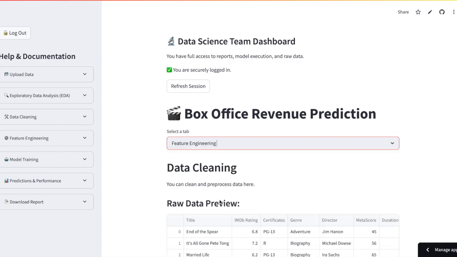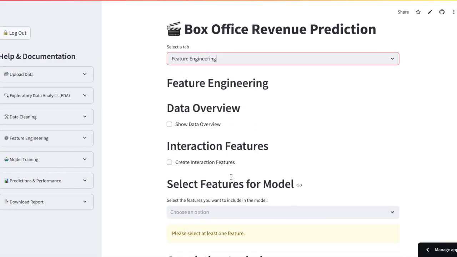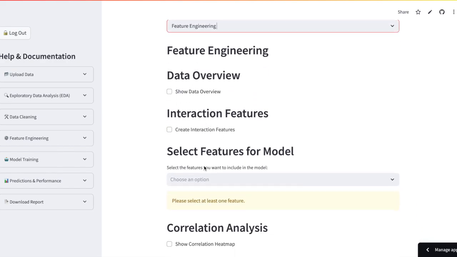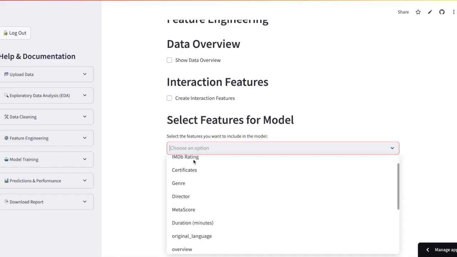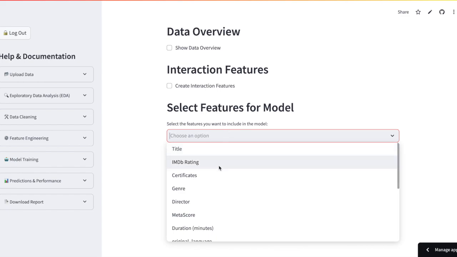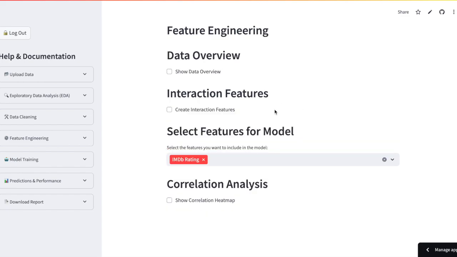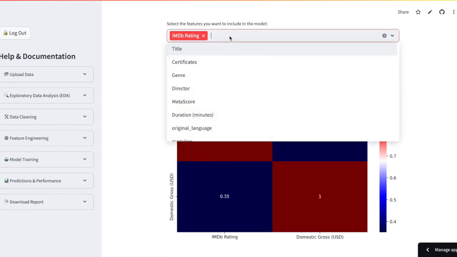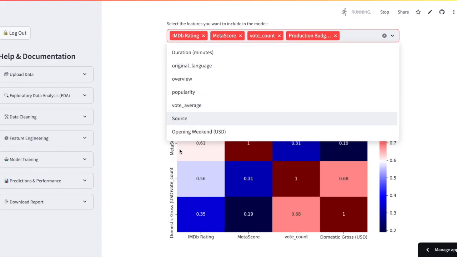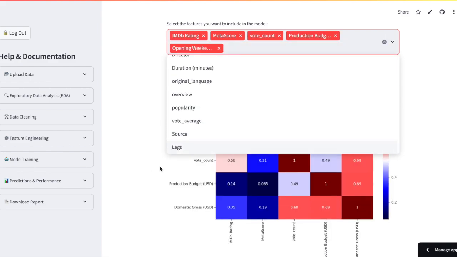Once that is cleaned, they can go to feature engineering. They can do a data overview and create interaction features. They have to select features for their model. They also have the ability to create a correlation analysis to decide which features they want to include or explore which features to include in their model. So once they experiment with that, they can go